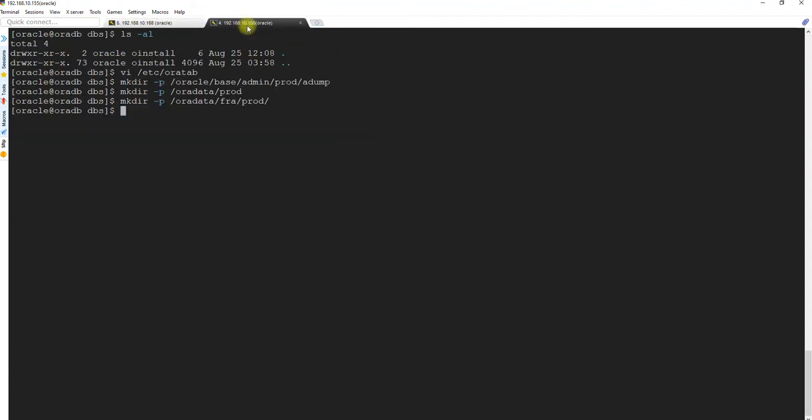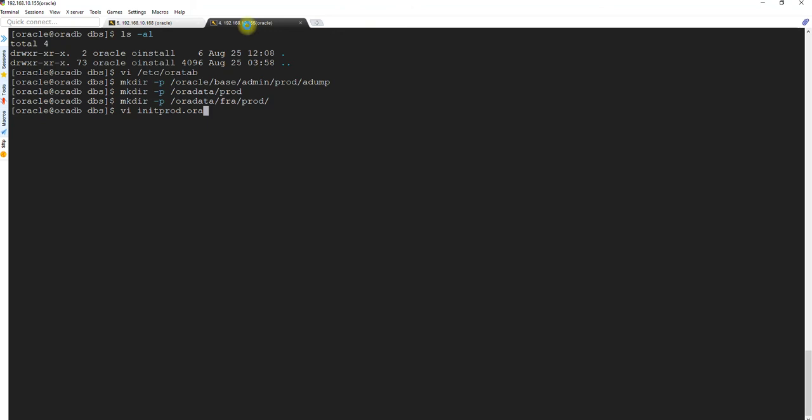Now we will create a P file with the same file name: init and the database name, initprod.ora. Perfect.